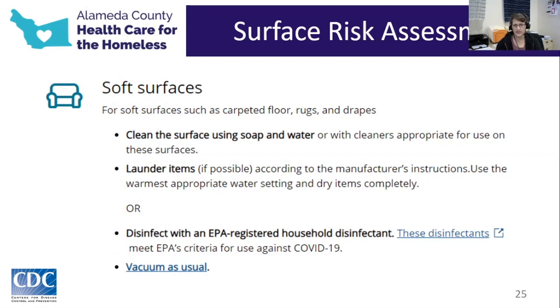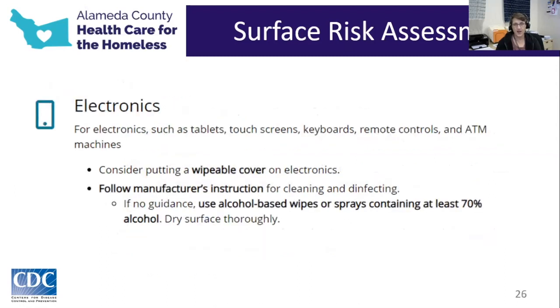And again, there's this link to disinfectants. This is actually off the CDC website and relatively easy to Google, but we'll try to add that list of disinfectants as a handout for this training. And then for electronics, you want to be careful with how you clean electronics. A whole bunch of soap and water is not a good idea for an iPhone, but alcohol wipes can be good, or sprays containing at least 70% alcohol, and